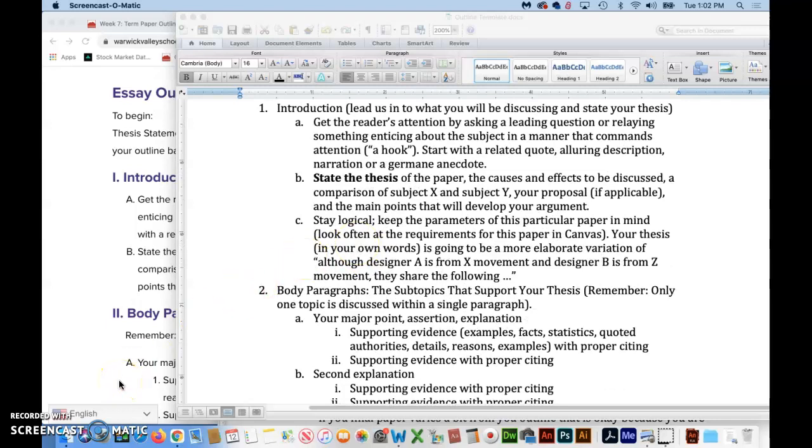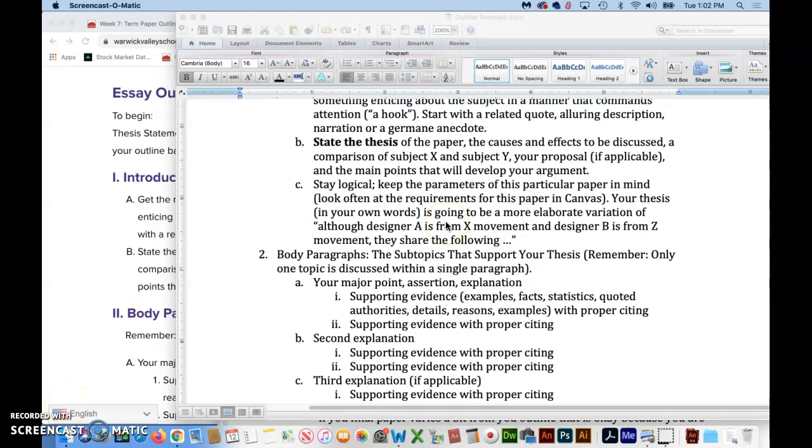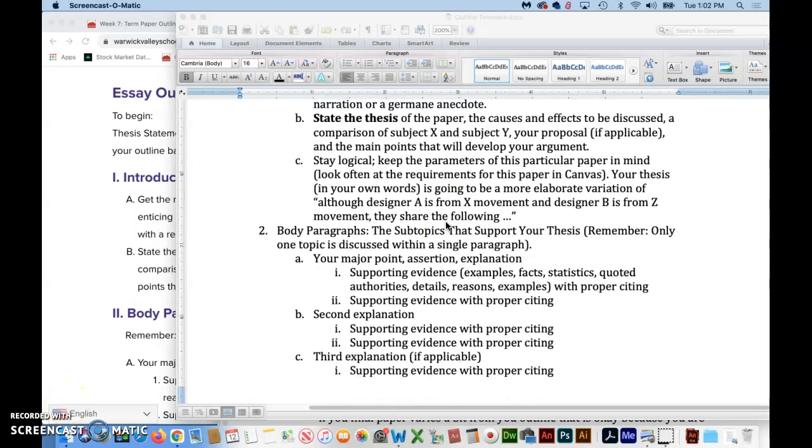Now we're going to do something a little bit different for ours, and you'll see when I show you the example. We're going to state the thesis that we turned in a week or so ago, and then we are also going to write a brand new thesis that's probably a little bit more refined because of your research. And I'm not going to read everything here verbatim, so you may want to pause this occasionally and read, and/or go to the website and read.